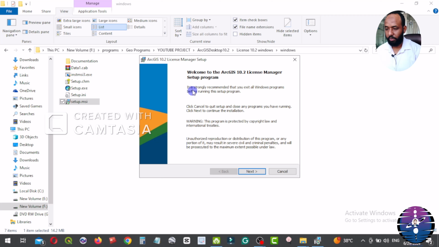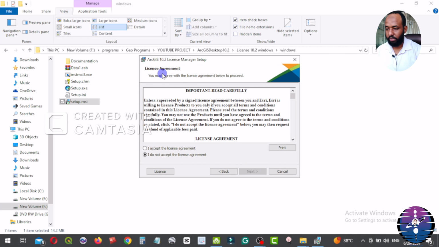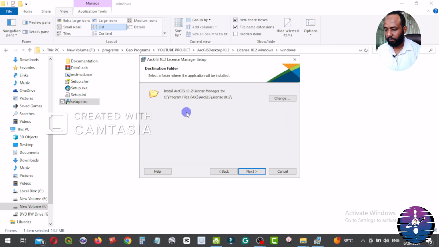and then welcome window to the ArcGIS License Manager setup program. This window explains the approval of the license, and we choose to accept the license agreement. We choose the first option, which is approval or agreement. We click on next. This window shows the destination folder for license manager setup, and we can change the place from here.